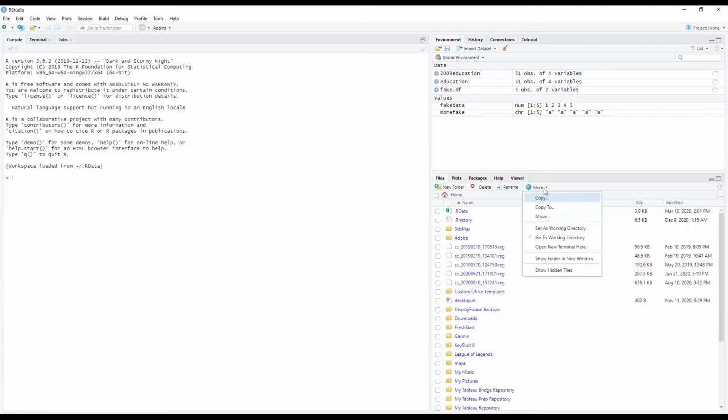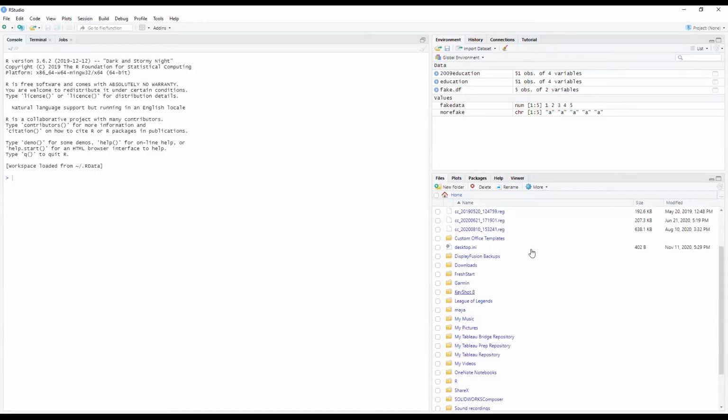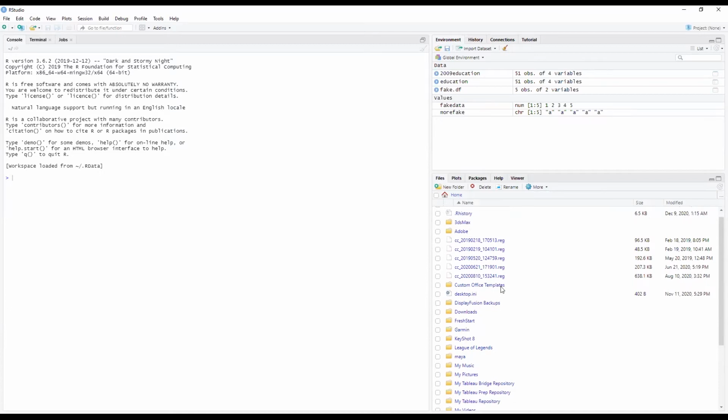So, setting the working directory. Basically it's right here, in the files, plots, packages, help viewer. If you go to more, you should be able to go to wherever your folder is. Mine should be on desktop. Let me see if I can find it.